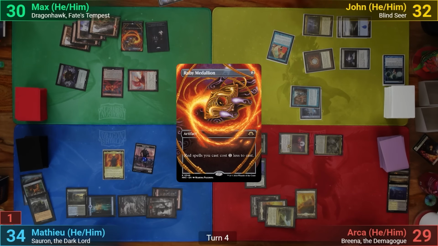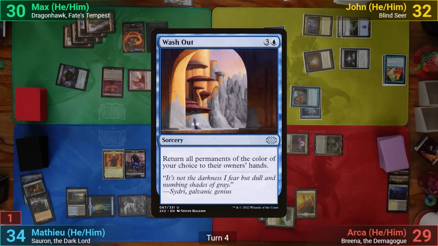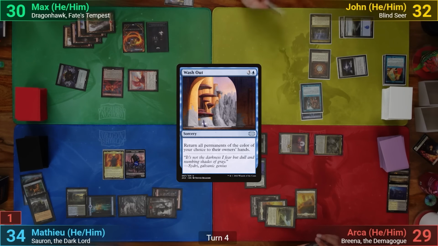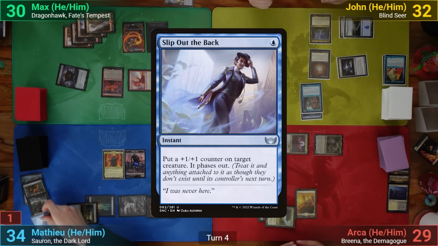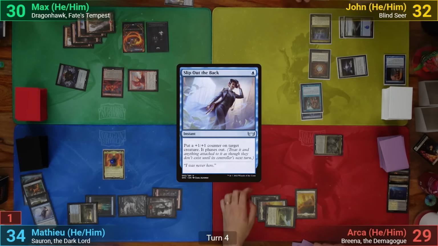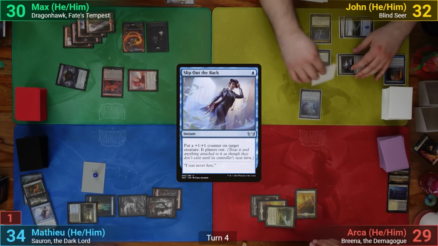During the end step, John casts a Mystical Tutor, and puts a Washout on top of his library. John draws, and casts the Washout, naming Black. This has Metchia responding with Slip Out the Back, and targets his commander, who phases out. All black permanents are then bounced back to their respective owners' hands,